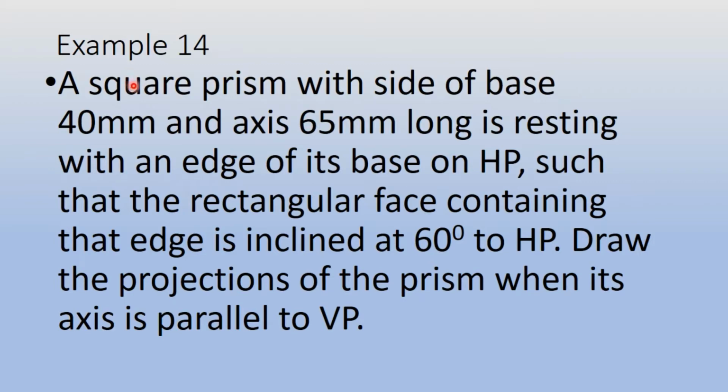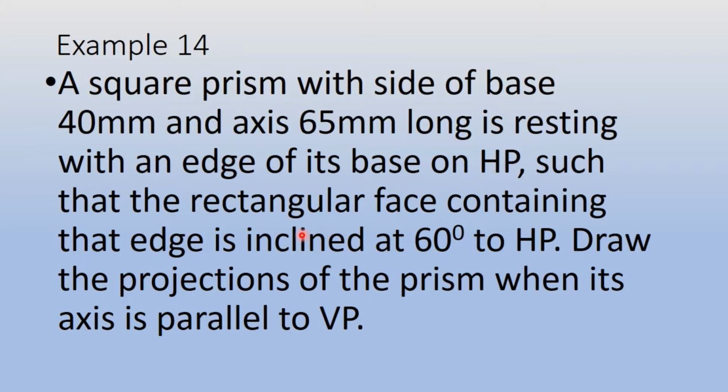So here also we have a square prism, 40 mm base side and 65 mm axis height, but it is now resting on an edge on the HP, and the edge belongs to the base. As we have seen in the introduction part of this section, prisms will have longer edges and base edges. So here we are talking about the base edge. The upper base or the bottom base will have four edges, as it is a square prism, and one of them is resting on the HP,